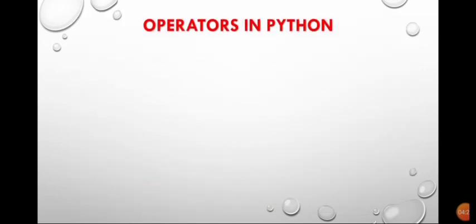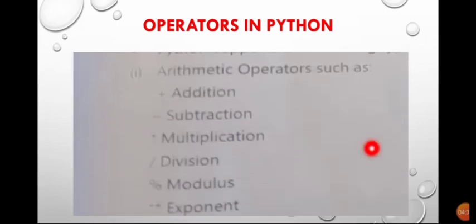Okay, so now let us move towards the operators that we use in Python. Let us start with the first operator, that is arithmetic operators. The operators which are used to perform arithmetic operations are listed here. The first one is addition, and according to its name, it performs addition, then subtraction, multiplication, and the asterisk mark is the symbol used for multiplication. Division, slash, is used for division; modulus, percentage; and similarly exponents. So these are the arithmetic operators which are used in Python.